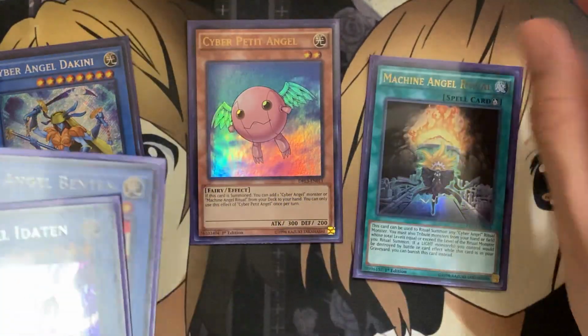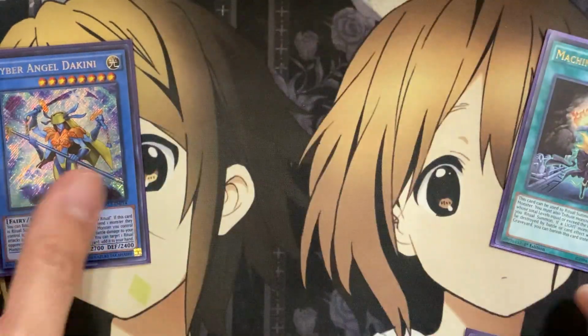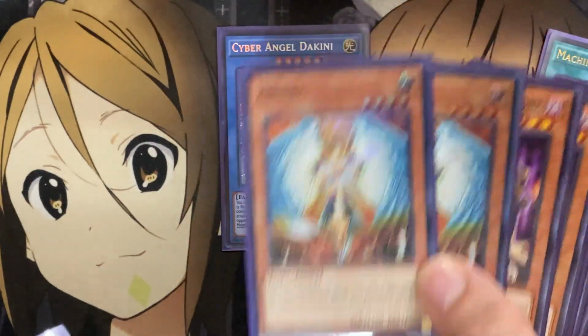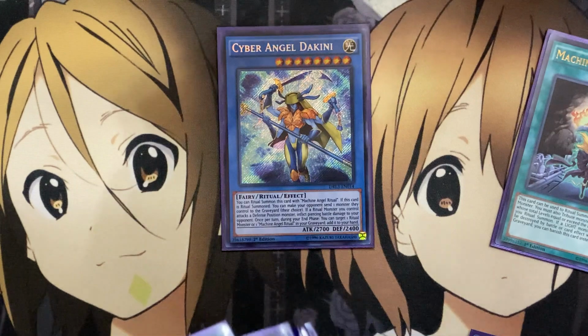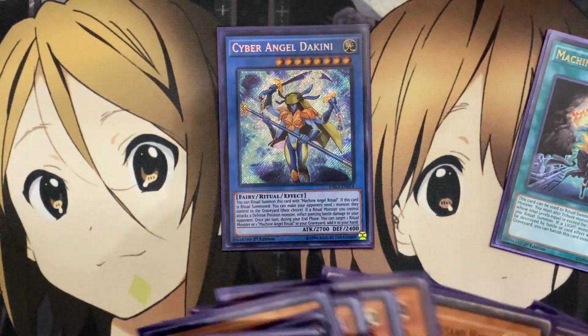Being able to then activate Machine Angel Ritual, attributing the Benton and Petite Angel for this play would give you a Daikini on the field, and then allowing Benton to have the search for a good number of any fairies we run. You can search out Honest, you can even go for Vandy's Ruler if you had the one additional monster to summon this card out on the field, and then if you had just a few more fairies in your graveyard to set up for Archlord Christia is all an option to go into, but just preference one again,